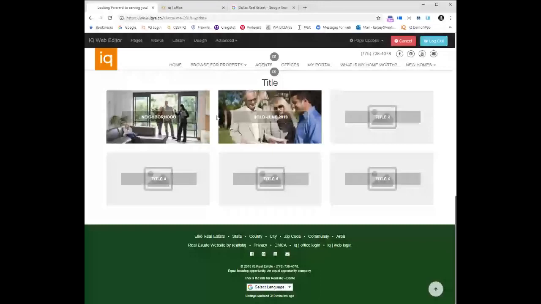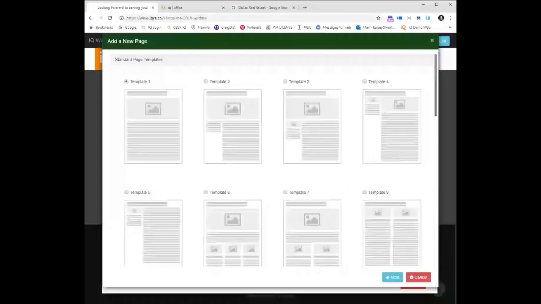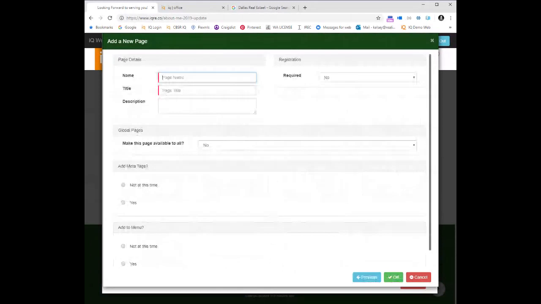So the next kind of page that I want to go through with you all is going in and actually clicking on pages, and we're going to click new page again, and we're going to make a dynamic page. So a dynamic page means that it's pulling information from somewhere else. It's pulling information, it's updating information. Typically, most of the time, these are things like listings pages or area pages. So I'm going to go in, we're going to just do this listings template 1. We're going to name this, let's name it